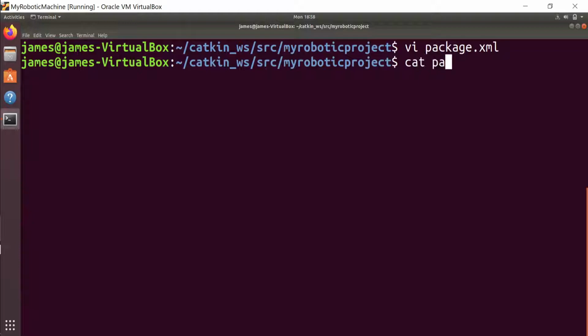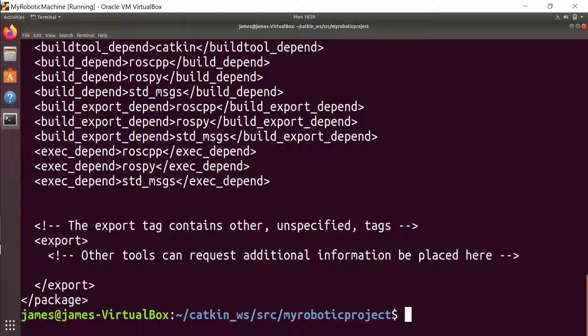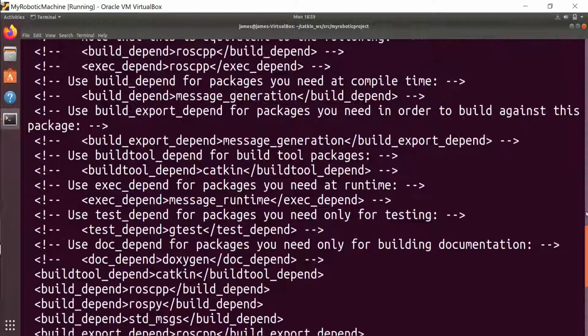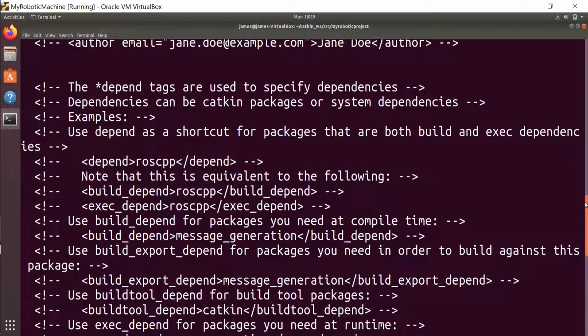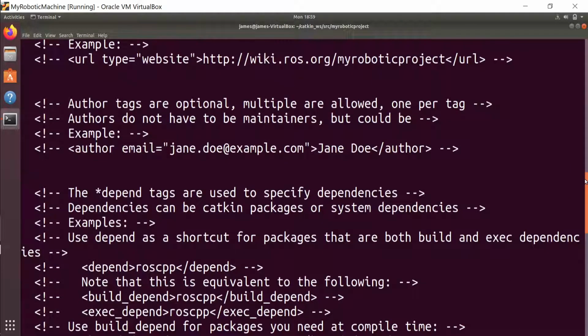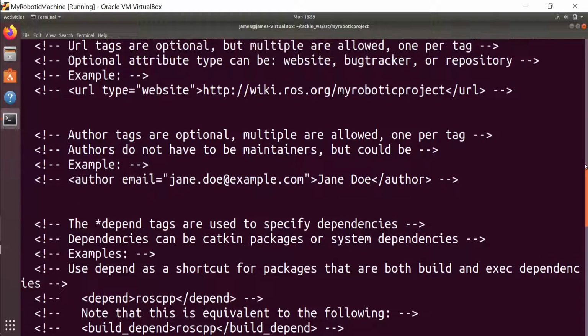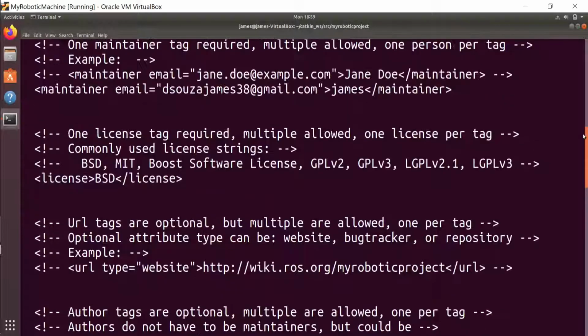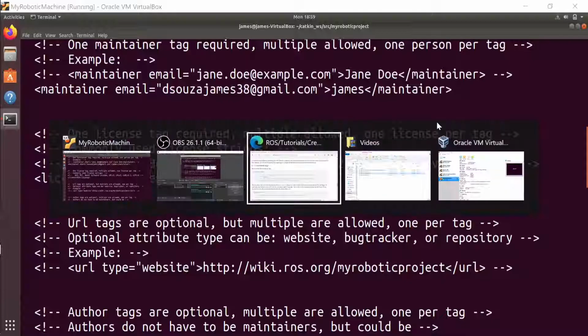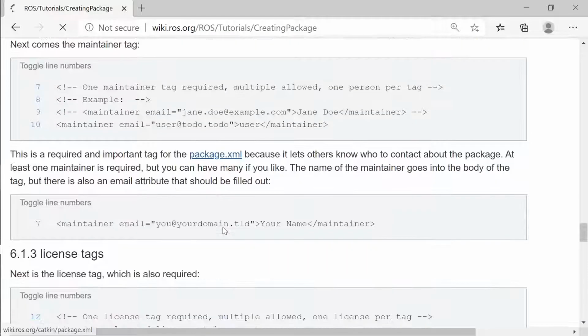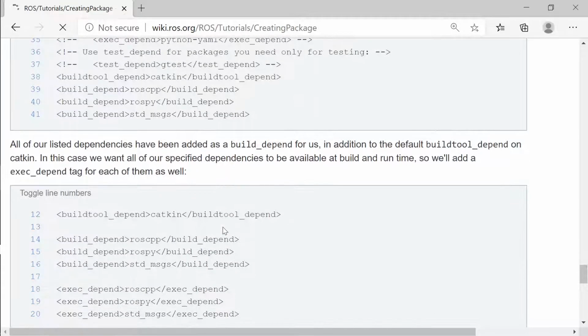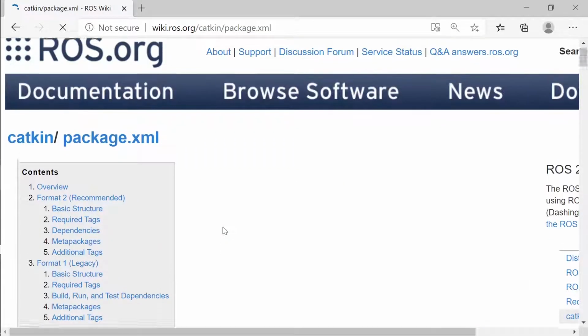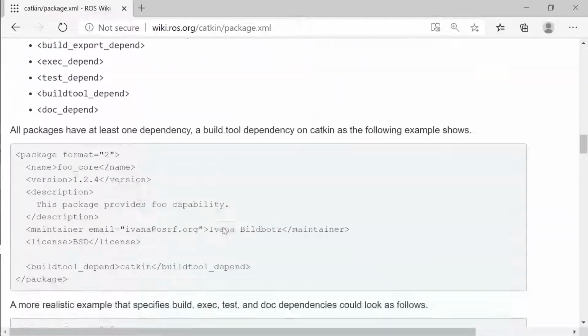Now if I read this file, my changes will be there. So you need to use some editor to edit this file, and if you want to add some dependencies manually, you can add them over here. So you see my changes have come in. I am the maintainer and this is the license. So these are all the changes and dependencies. That is what this is, and the final package is what you saw, right?